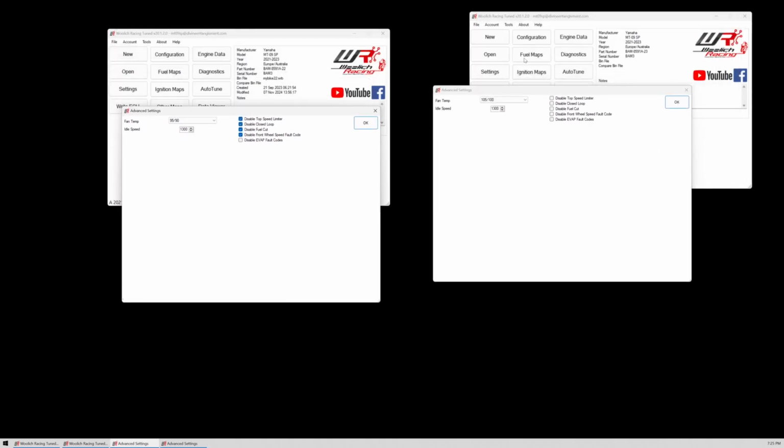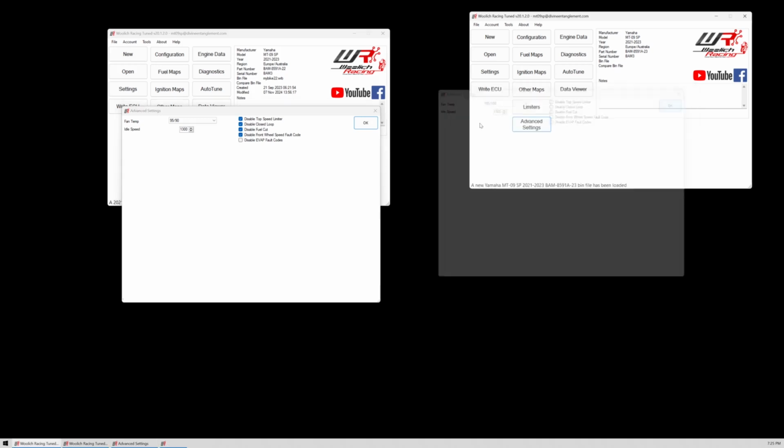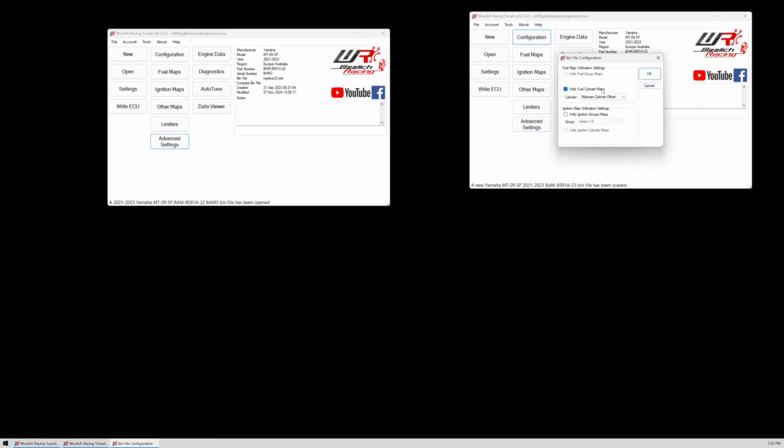So we've done the configuration, and actually I'll go back to that. We combine the fuel maps, the cylinder fuel maps. We do not combine the ignition maps. That will cause you all sorts of hell. Your ignition will be all over the place. I know a lot of people complain about some of their tunes. There's a good chance the tuner that did it accidentally clicked that on the new bin without thinking about it,